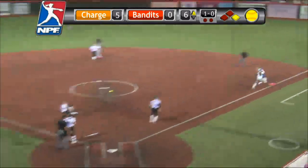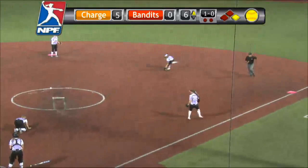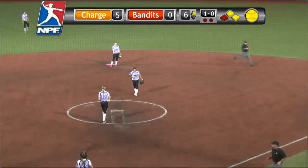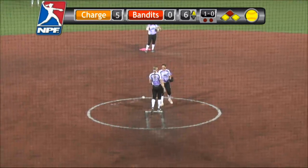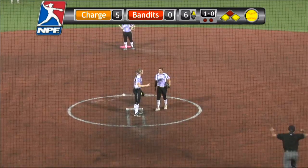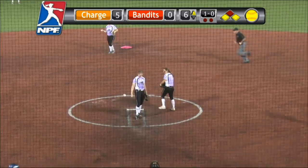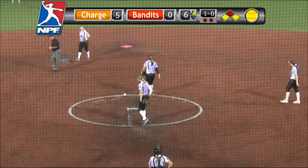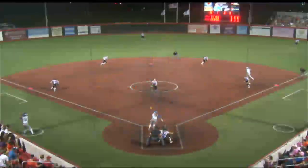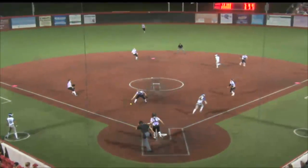Fielded by Waldrop, and she's prone, and she ends up throwing it on the ground. Z picks it up and will control things in the middle of the field, but good base running there by Watanabe to go from first to third on the infield single. That was a perfectly placed bunt. Lacey Waldrop kind of stumbled on it, and as she was falling down, kind of threw the ball down a little bit, and Watanabe on a great awareness play